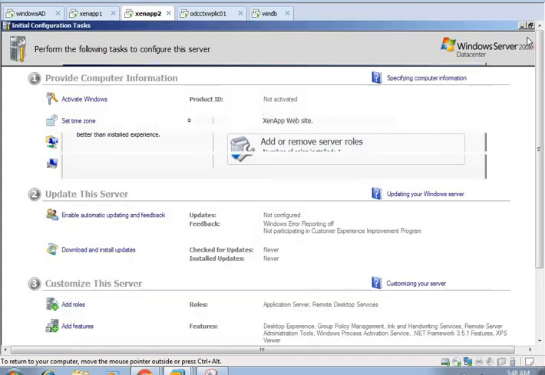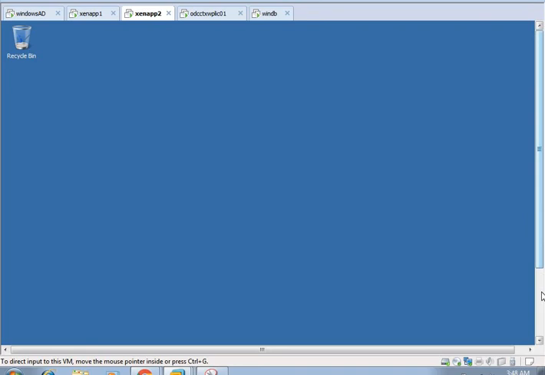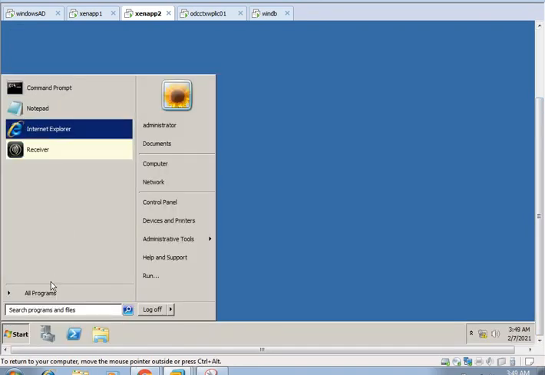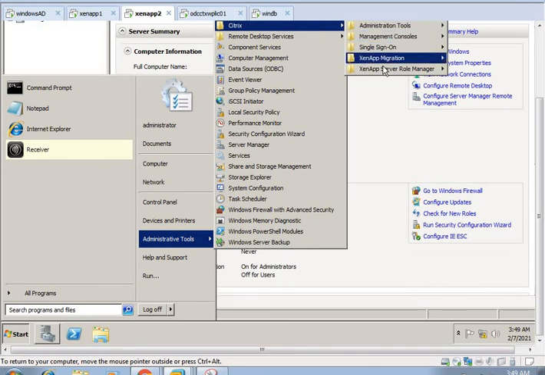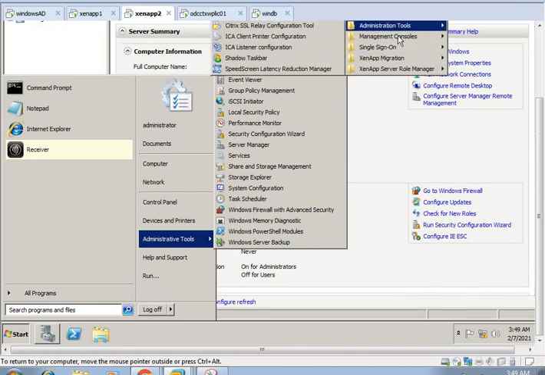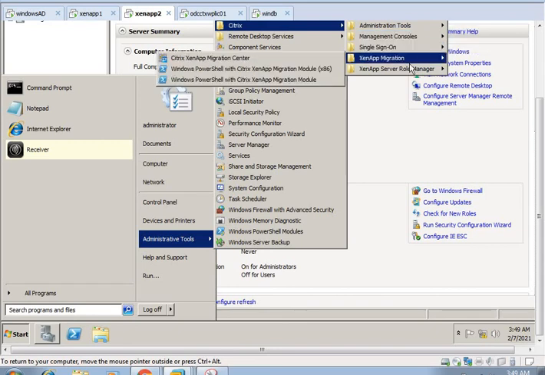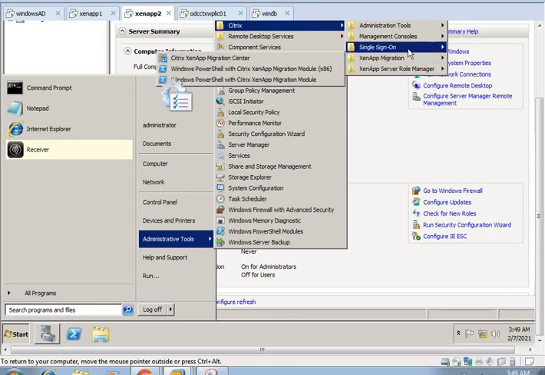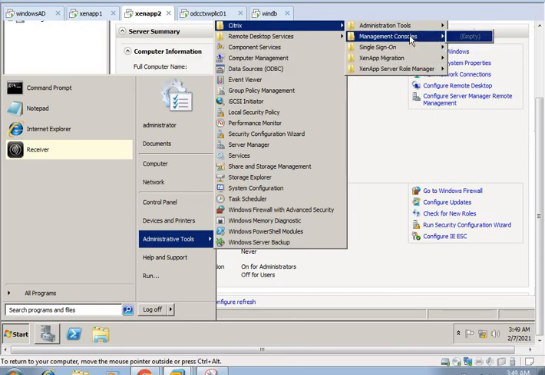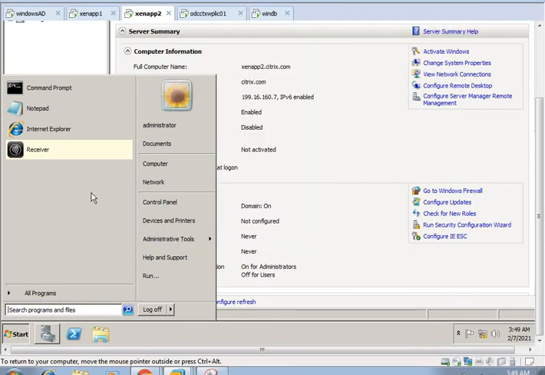So this is completed, and from the new server we can launch the Citrix. Okay, it's not showing here.